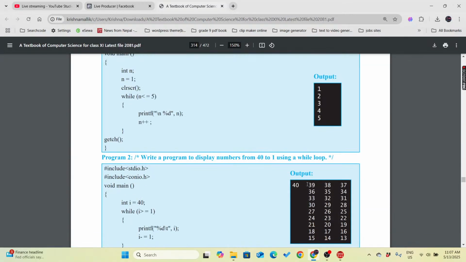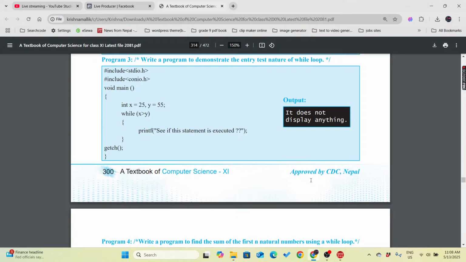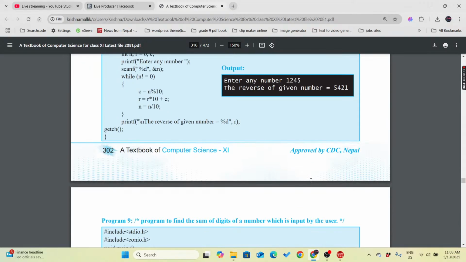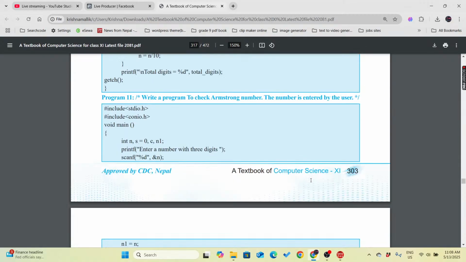Hello. So yesterday we discussed the while loop. We also saw some examples. Let's continue that. Now today we are going to talk about the next loop, and the next loop is here,